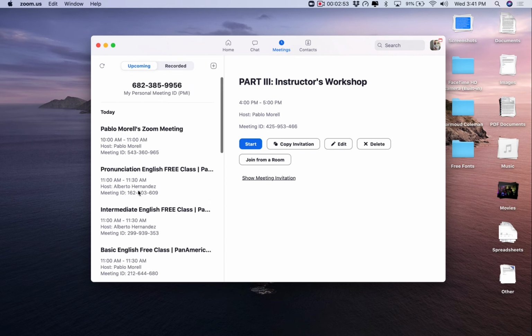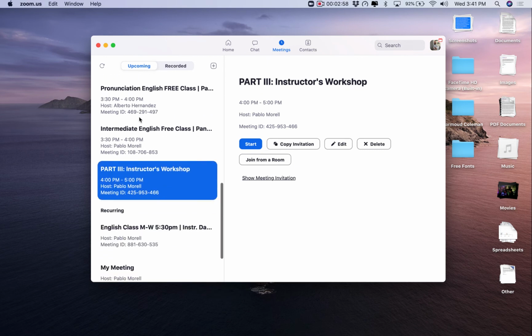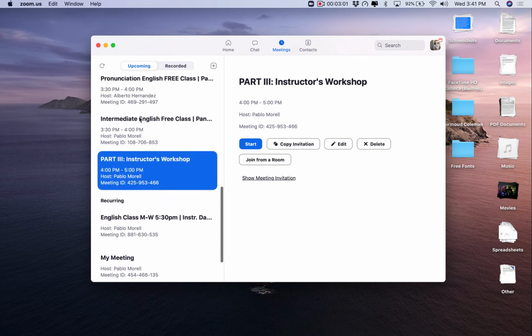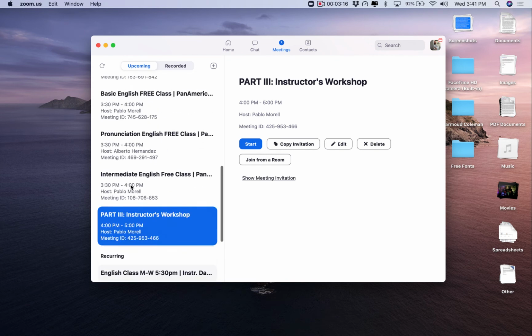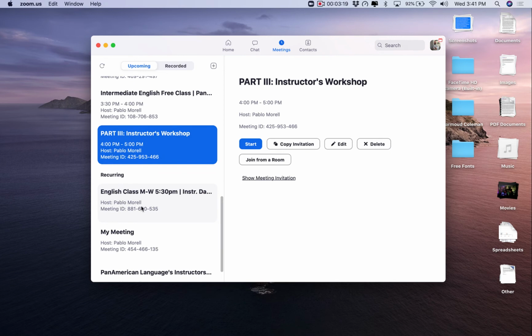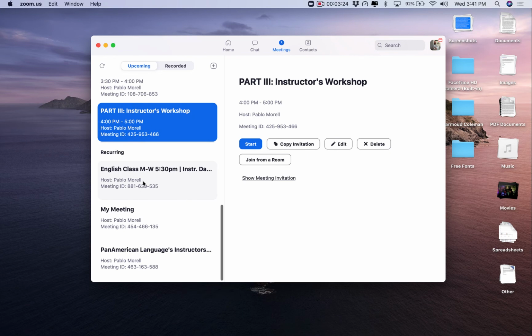The reason why I wanted to show you this was so that everybody can see the amount of meetings that you probably will find in different accounts. Now, remember, the recurring meetings are the ones that are going to be mostly your classes, okay? But in order to determine whether it is your class or not, you have to be on the lookout for the code that every group of students, every course that you're offering, has. So this could be Pali instead of Part 3 Instructors Workshop. It could be Pali